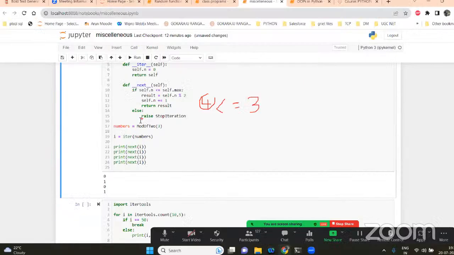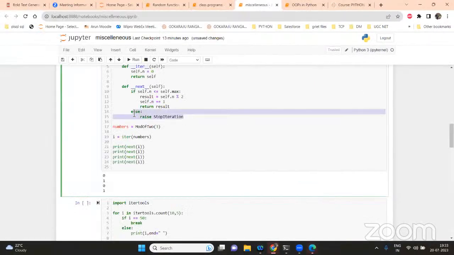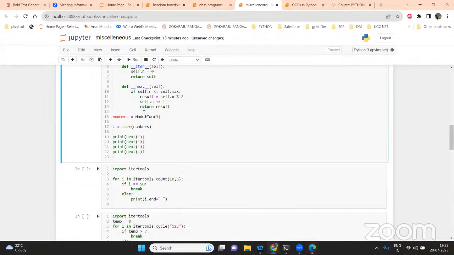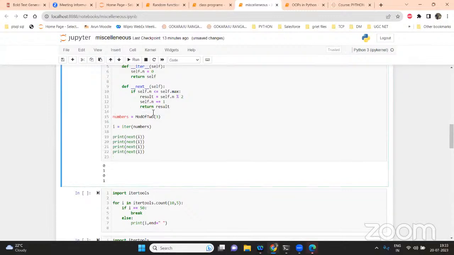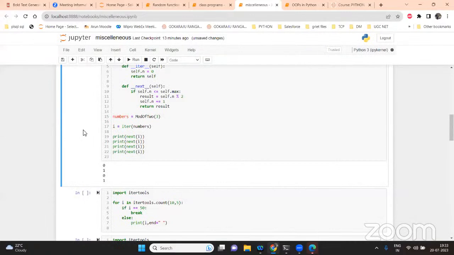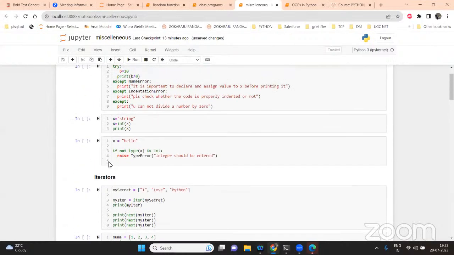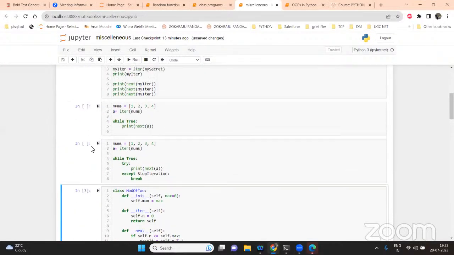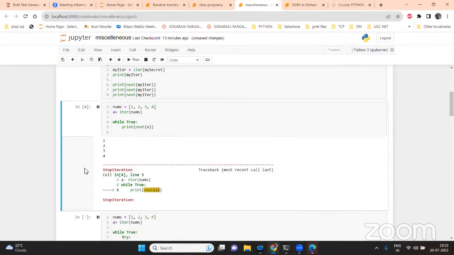Correct. Suppose I delete this particular code. Since it is already handled, it is not displaying any error message. Generally, whenever we cross the limit of the iteration, we'll get an error message like this,